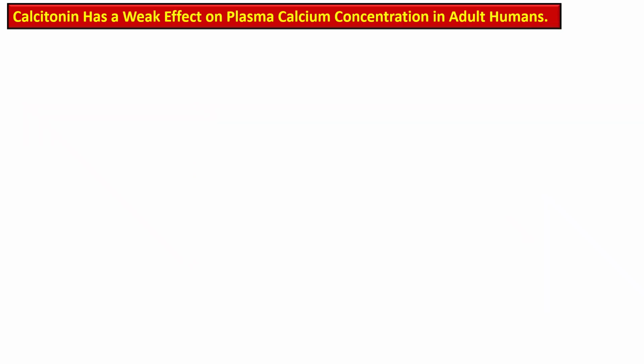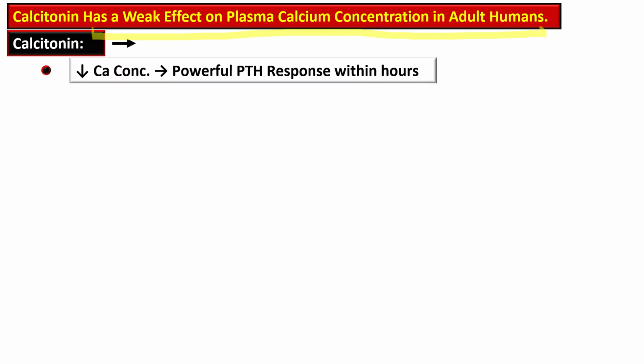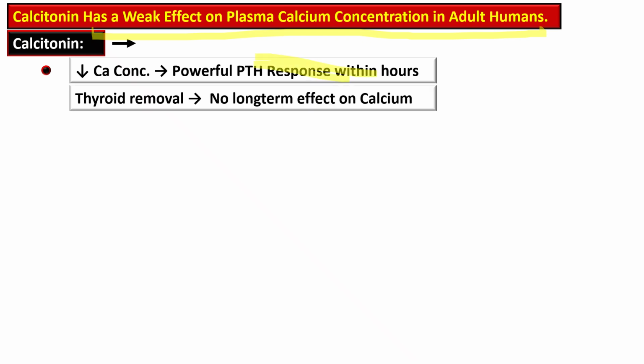So the calcitonin has a weak effect on plasma calcium concentration in adults. Why does this phenomenon occur? Because the activity of the calcitonin is overridden by the parathyroid hormone feedback mechanism, and the calcitonin